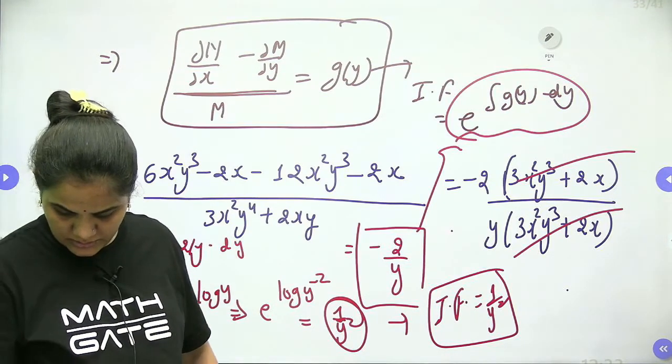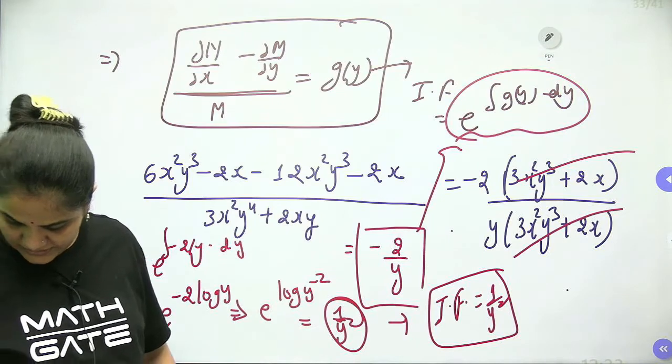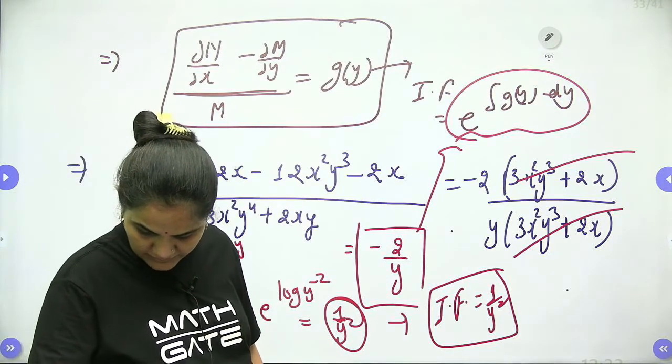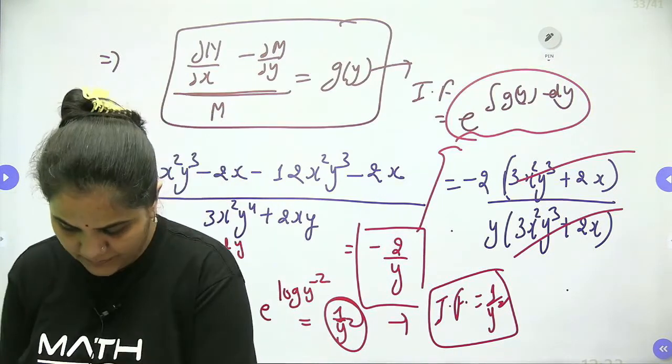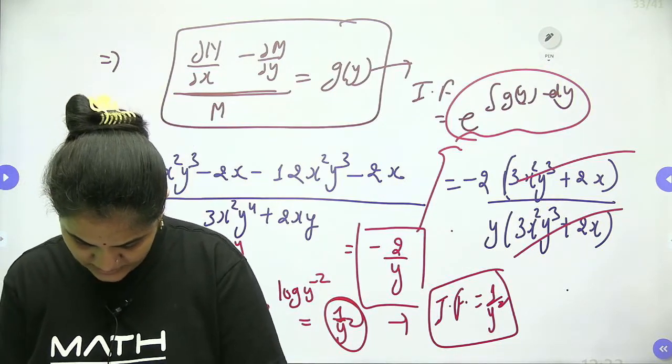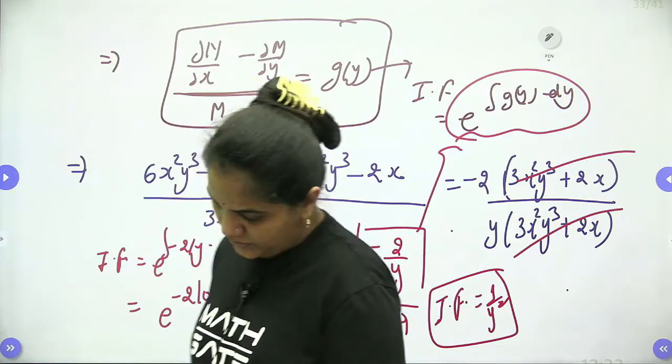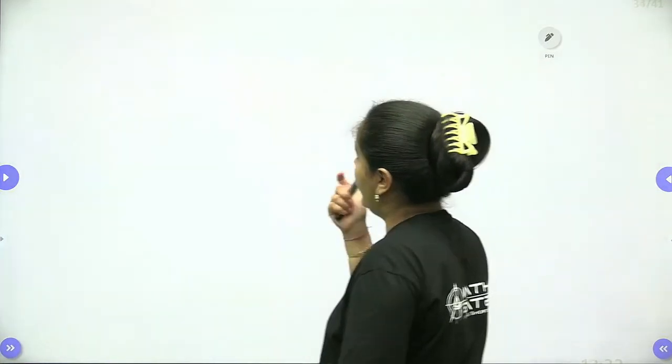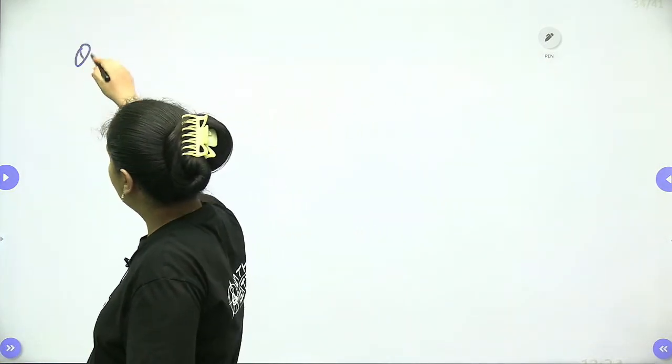We don't have any question till 2018 and 19, but I have one more example for you guys so that we can approach the same thing, that is, what we have to write down for m and n. I have one more example.